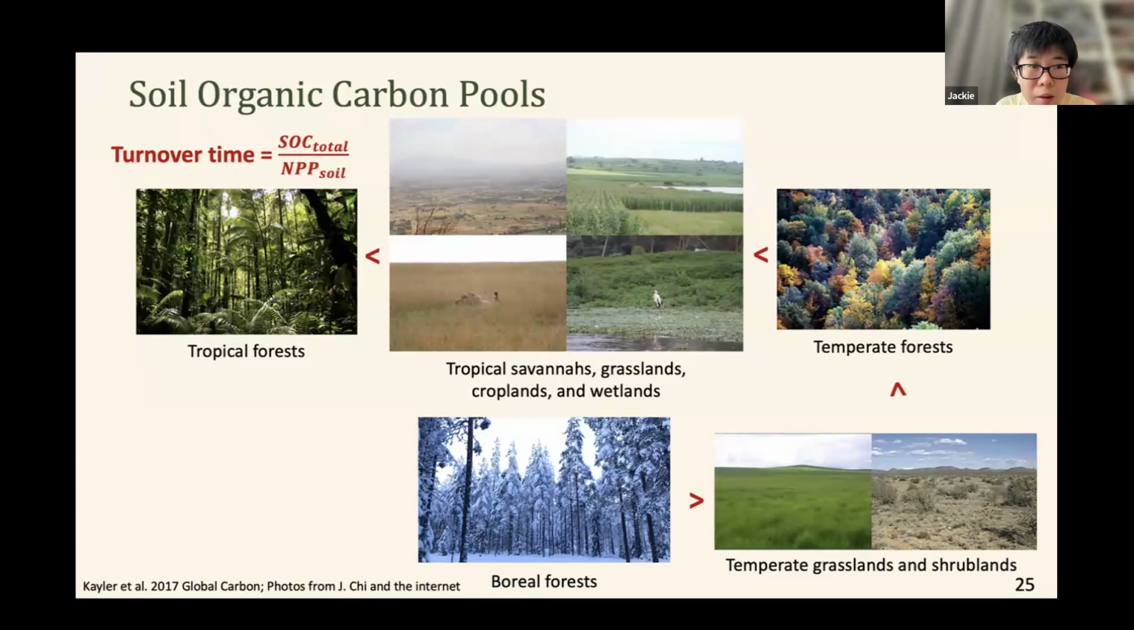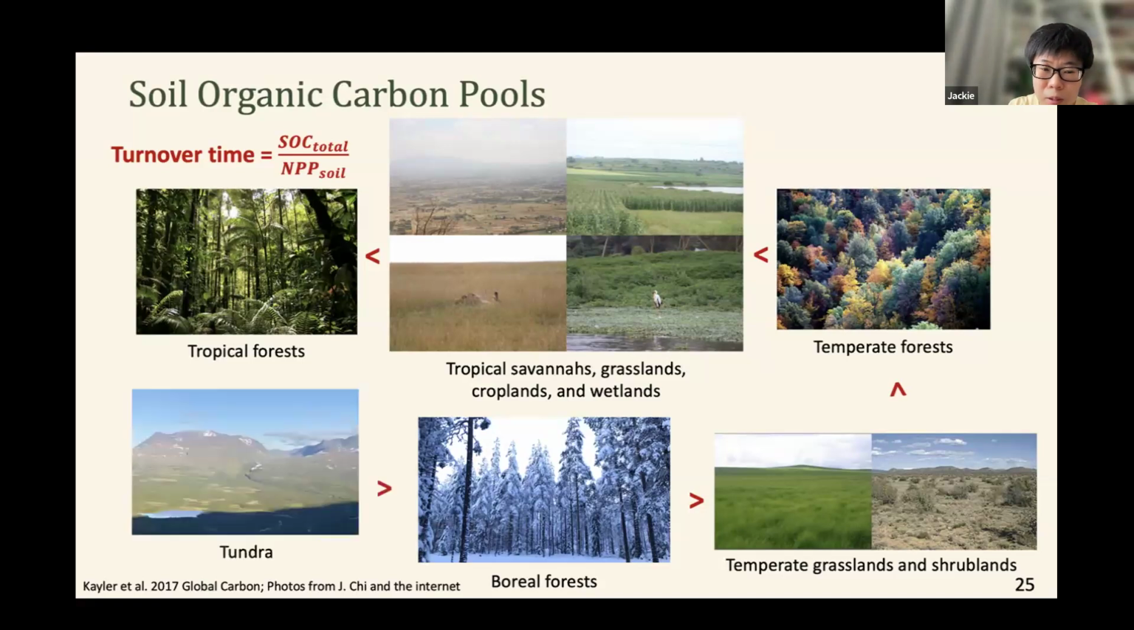Who has the longest turnover time? Which type of biome may have the longest turnover time, even longer than the boreal forest? That is actually the tundra. So based on this, we could explain why we have the largest soil organic carbon pool allocated in the below ground of the boreal region, right? Because it has the longest turnover time and also the slowest turnover rate. Okay, so this one explains the above